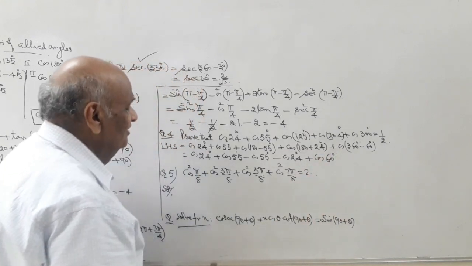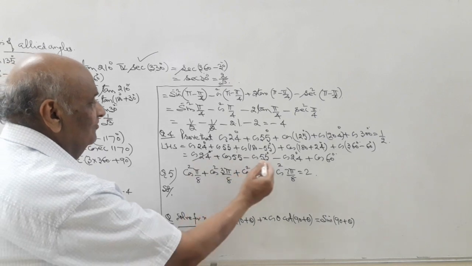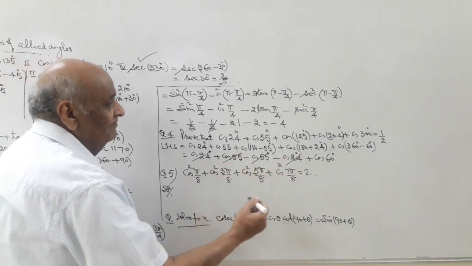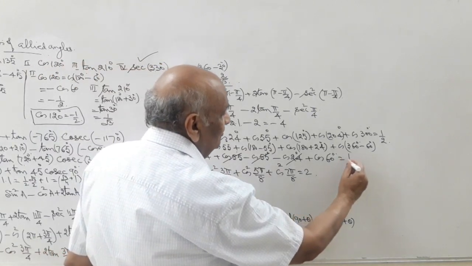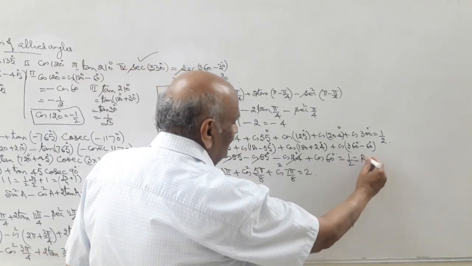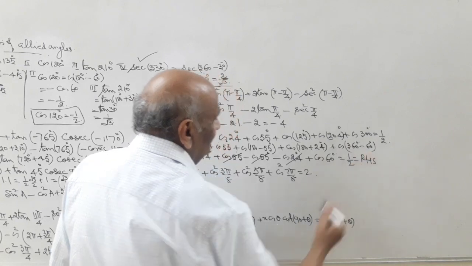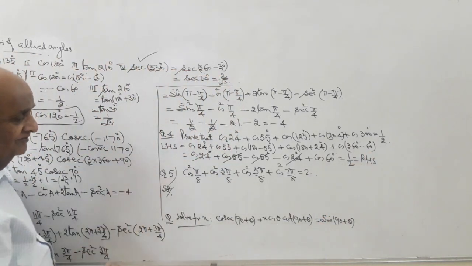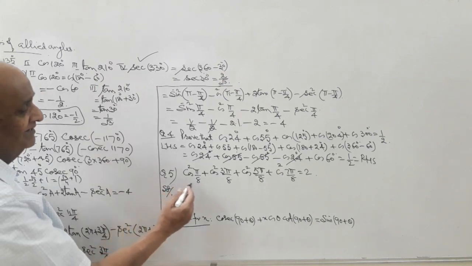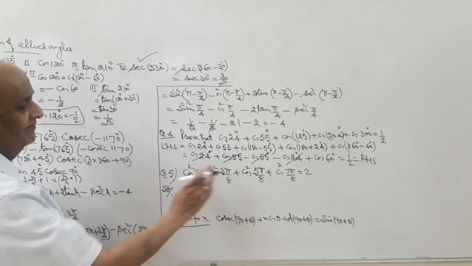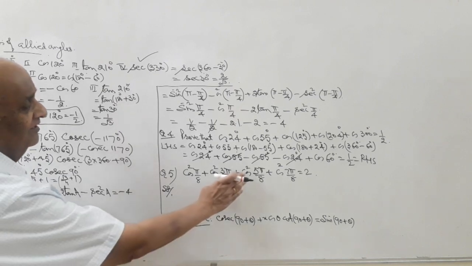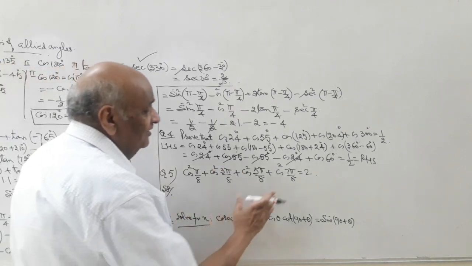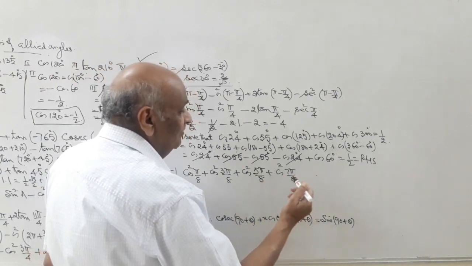So it will be cos 24, cos 24 cancel, cos 55, cos 55 cancel. The value comes out to be equal to half. It is the right hand side. Verify this. It's a good question. Now for the fifth case, it is cos square pi by 8 plus cos square 3 pi by 8 plus cos square 5 pi by 8 plus cos square 7 pi by 8. Write this, we have to prove it equal to 2.